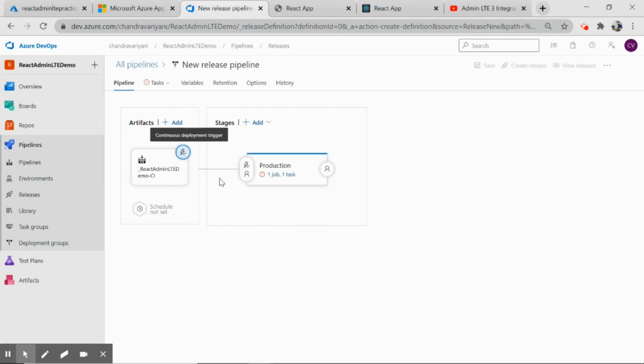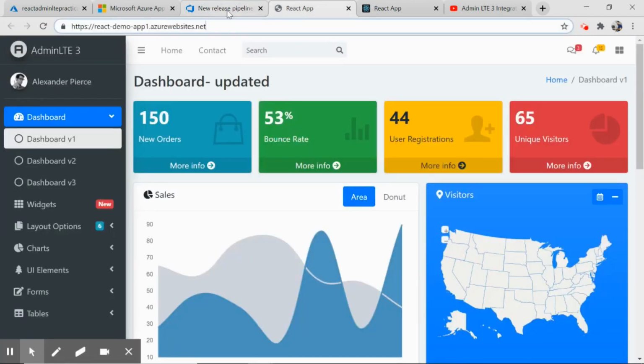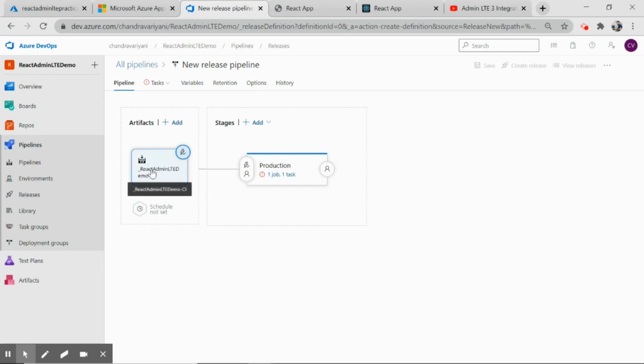So what it will do, I have already mentioned that if you make any change in your application, then you do not need to manually deploy our code. That should be deployed automatically, and we should see the change at this location automatically. We'll see in a bit. Right, so we have deployed.